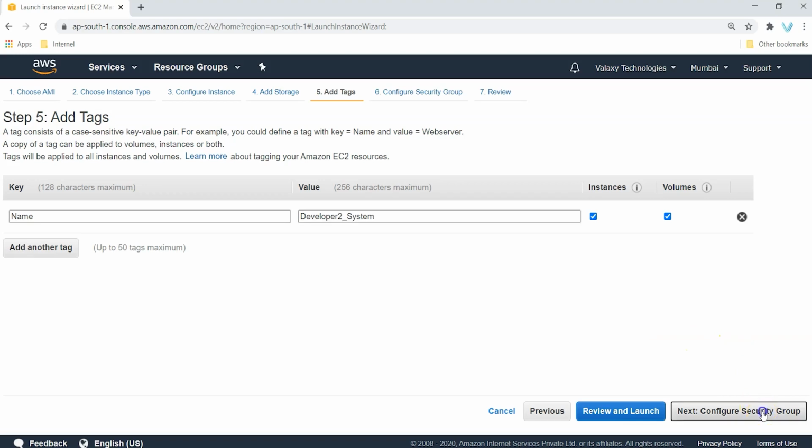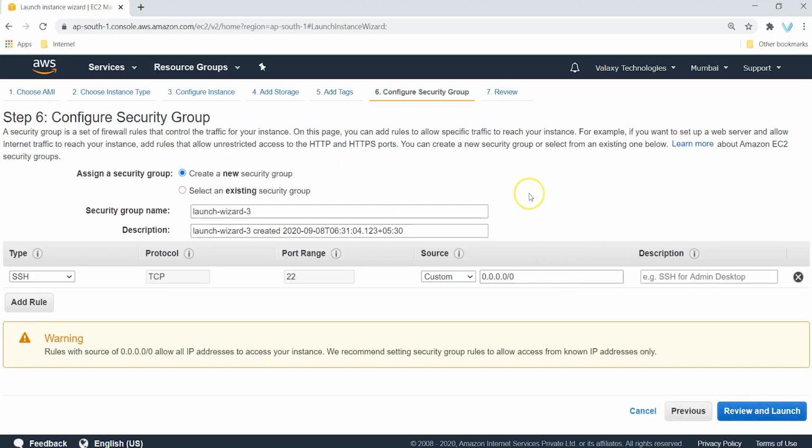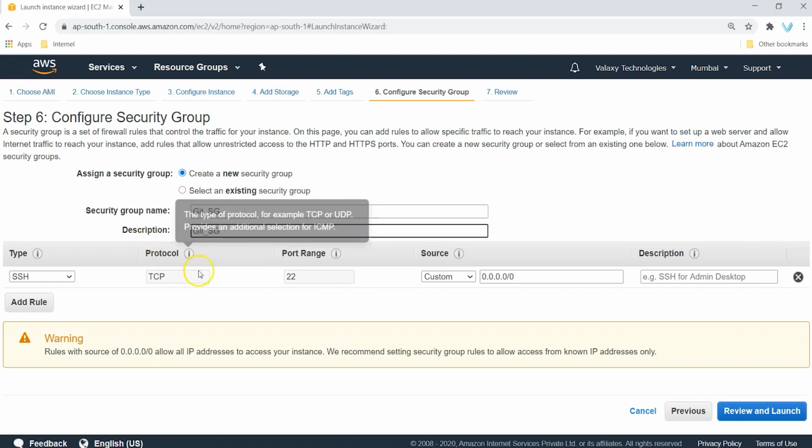Next, Configure Security Group. A security group is nothing but a firewall which allows traffic to connect to your instance. In this case, I'm just going to create a new security group. I will name it Git SG. And by default, we are opening port number 22. Port number 22 is the default port to connect to our Linux systems. Anyway, I have already explained all this stuff in our